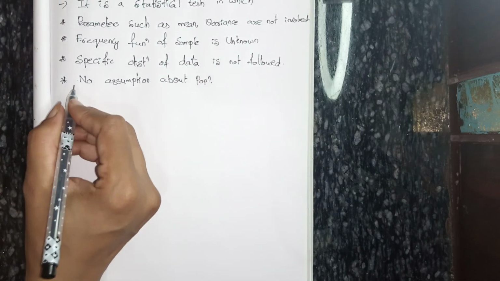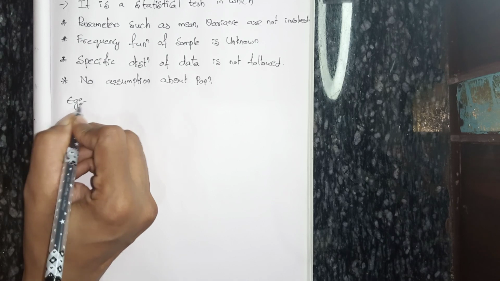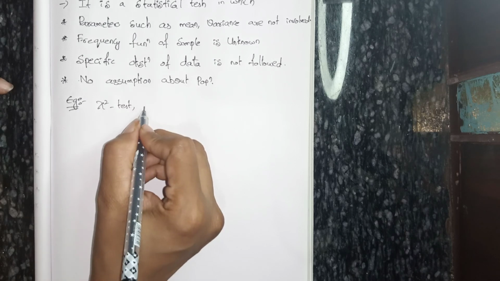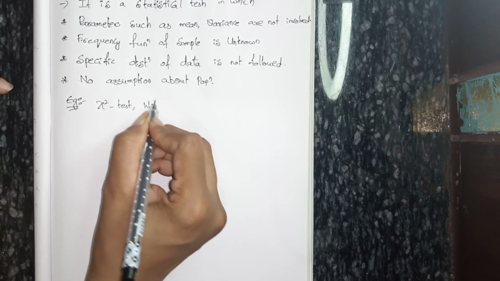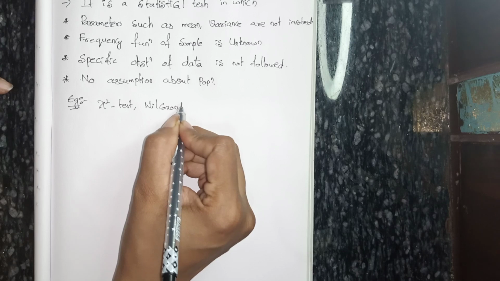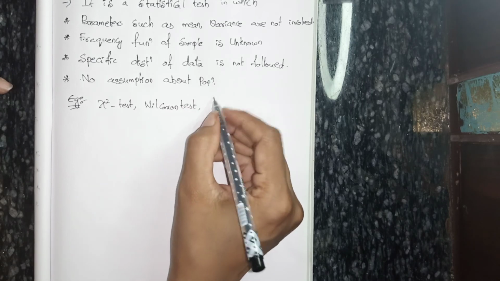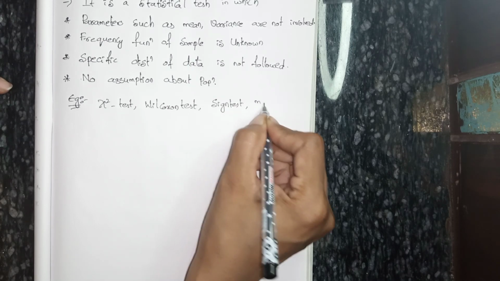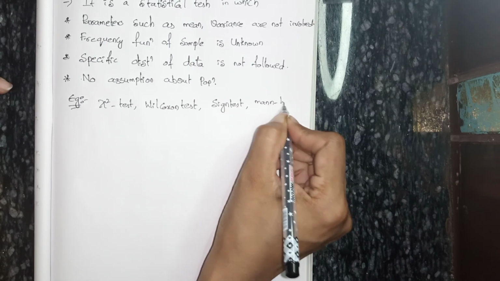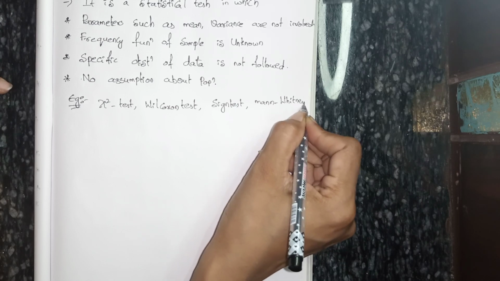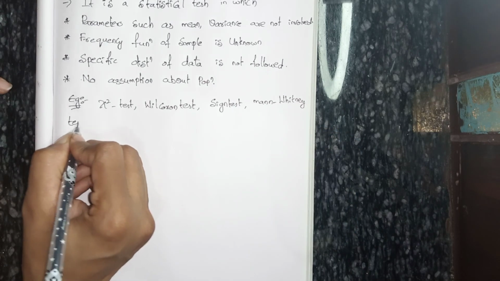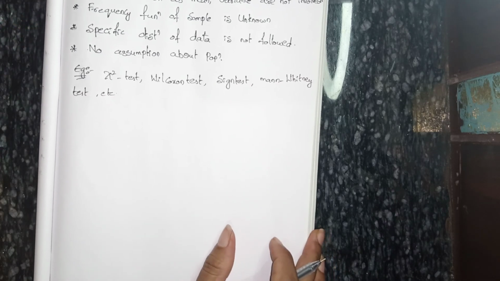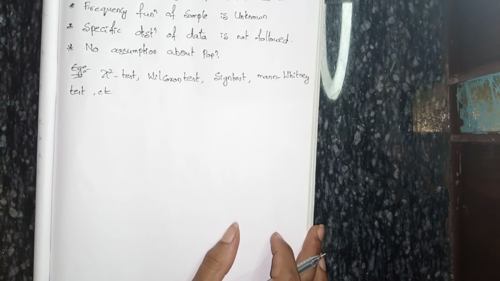Examples of non-parametric tests are the chi-square test, Wilcoxon test, sign test, Mann-Whitney U test, and so on. There are many tests, and I have given you some examples. So we'll see